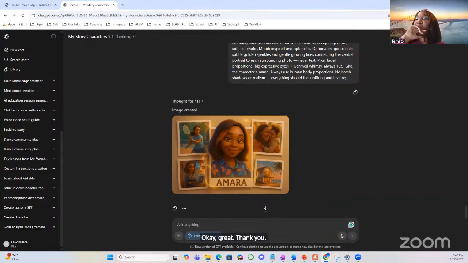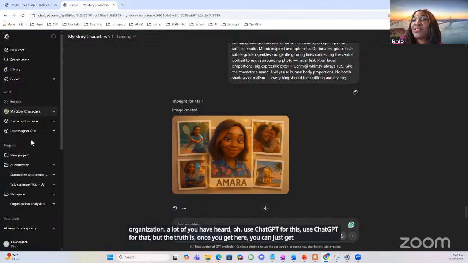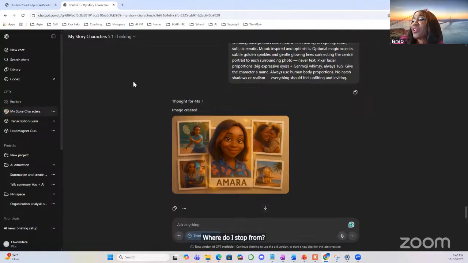So what I'll be showing now is organization. A lot of you have heard, oh, use ChatGPT for this, use ChatGPT for that. But the truth is, once you get here, you can just get overwhelmed. Like, how do I organize this? Where do I start from? And like I said, this is all about communication. You're communicating with the computer. You're having a conversation. So this will prepare you to have effective conversations